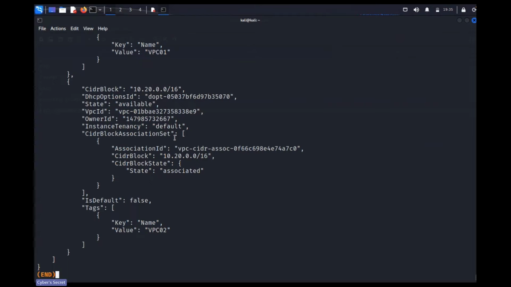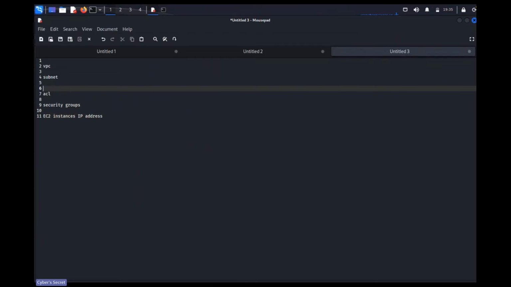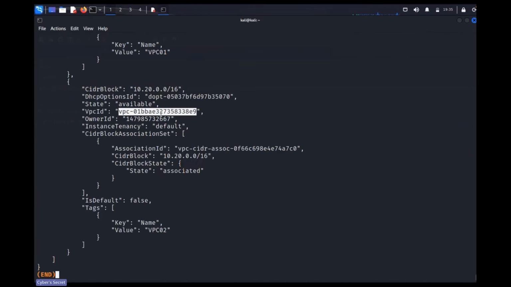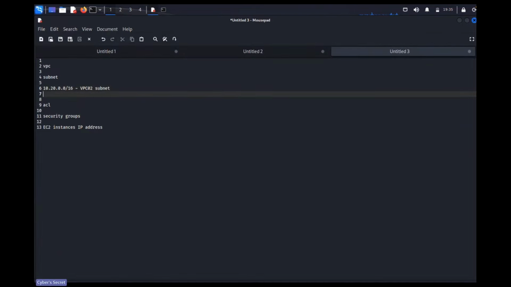So when you are doing this enumeration from the CLI, again, I would repeat: always copy this information, because you never know when you are going to require it, like the subnet, for example. You are going to copy this subnet and name it VPC2 subnet. Any information that you copy, you just paste it here, and this is the VPC ID, copy. So later on you can simply refer to this file instead of running the commands again. So paste it here and just name that